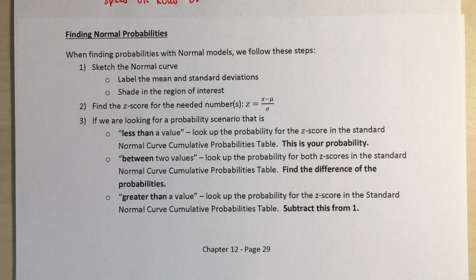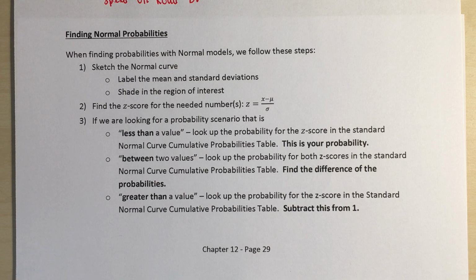After we do that, we're going to find our z-score for the needed number or numbers. And then we're going to be looking up a value in a table. And there is a link to this table posted in D2L. As we're going through these next couple of examples, a couple of them have the table printed in here, and then I'll also be referring to this separate sheet of paper. So I strongly recommend either printing it or bookmarking it or saving it or just having it open in a separate window as you're going through and working